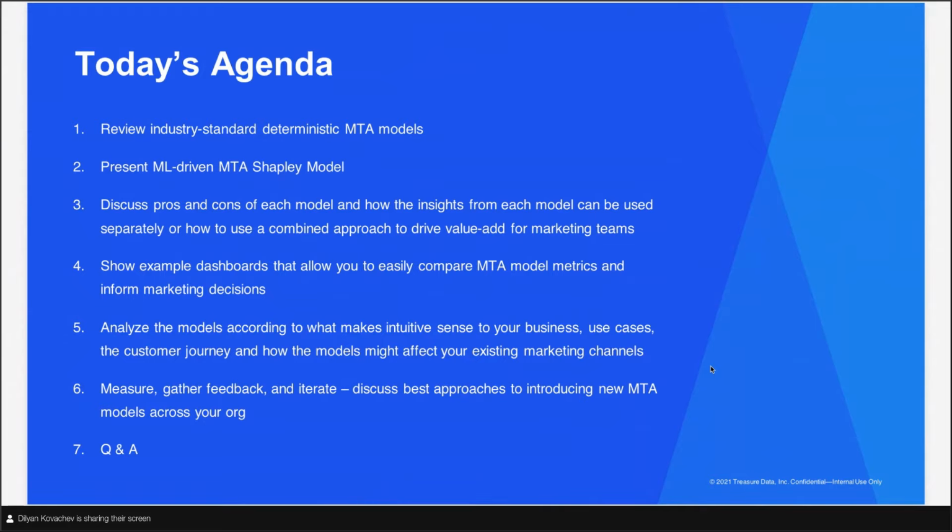We'll also talk a little bit about what are some ways you can use these insights to decide how to communicate changes. Let's say you've been using a certain approach for a few years, and now you decide you want to use data and you want to tweak that approach to try to improve marketing ROI. What are some good practices to do that? And then we'll end up with the Q&A at the end.